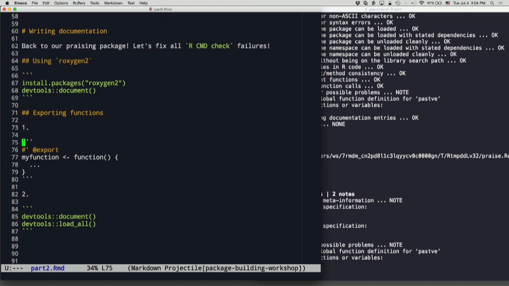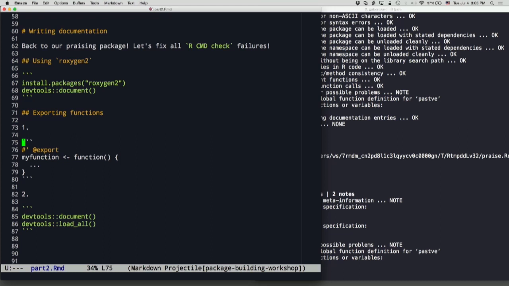Luckily, this is a very simple operation if you have this other tool called Roxygen2, and Roxygen2 works together with DevTools. They cooperate basically. So Roxygen2 supports a notation to add a tag to functions and objects to mark them as exported. And that's the notation you can see there. That's #, apostrophe, and then @export. It looks a little bit odd, but the point is that it starts with a hash mark